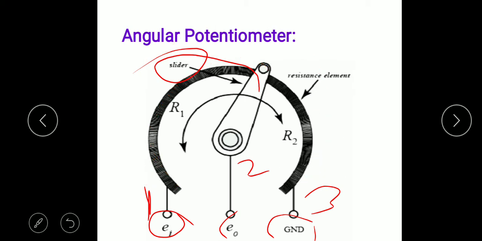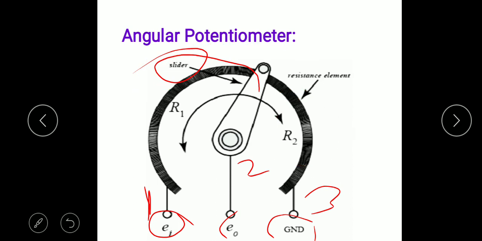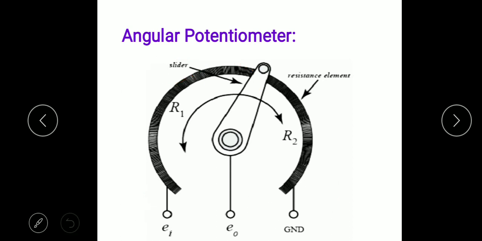As the wiper moves toward point 3, the R2 value will be minimum, and as the wiper moves toward terminal 1, the R2 value will increase. This way the angular potentiometer also works. With the angular potentiometer we can measure the angular displacement of a body. If you want to find the RPM of any rotating component, then you can use the angular potentiometer. One thing again, we need to provide an external power supply. That's why we call it a passive transducer, because we need to supply external current.